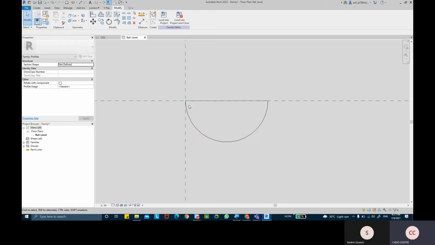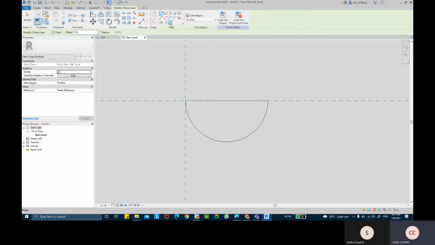So what I'm going to do is create a double line over here. Okay, so we'll do that same thing. We're going to take the line command and use pick lines and offset this. I'm going to give a thickness of almost 3 to 5 mm. I'm going to slightly give the thickness over here. Okay, and it's quite huge, I mean, so we take 2 mm.